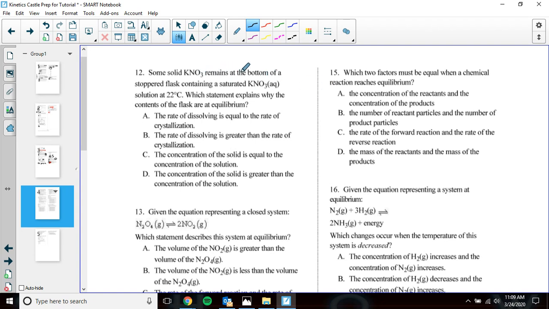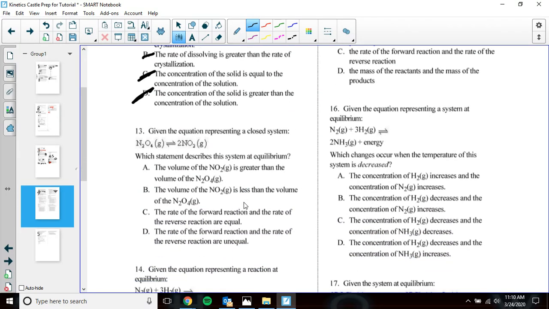Some solid KNO3 remains at the bottom of the stoppered flask. Which statement explains why the flask is at equilibrium? Well, okay, why are they at equilibrium? The rate of the dissolving is equal to the rate of the crystallization. Right off the bat, that's the right number. The rate of the dissolving is greater? No, the rates have to be equal. And then the concentrations are constant. Okay, the concentration is equal to the concentration. No, concentrations aren't equal, and they're not greater. The concentrations are constant, and the rates are equal. So that's what we need to remember when we're dealing with